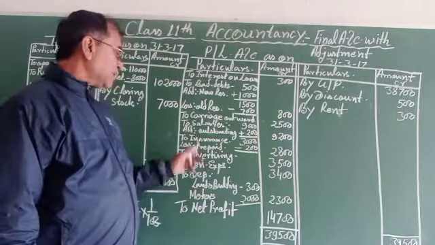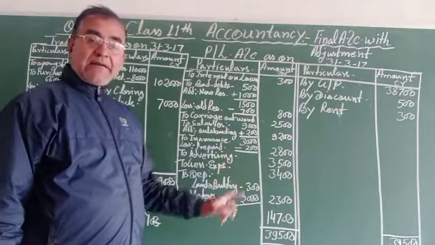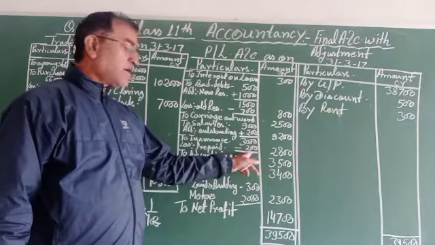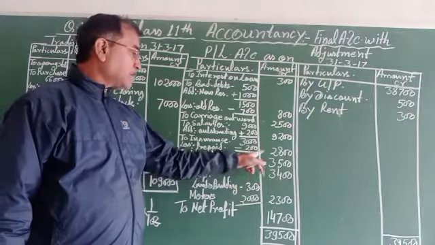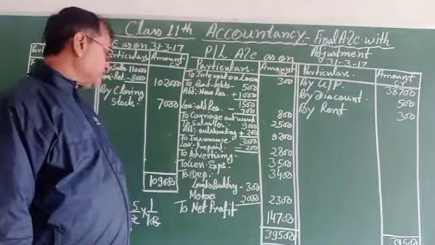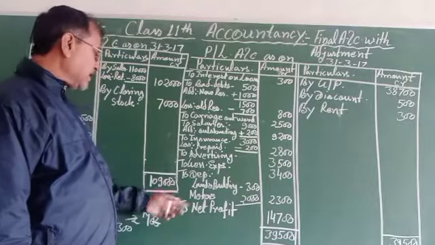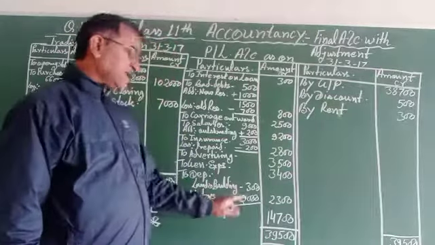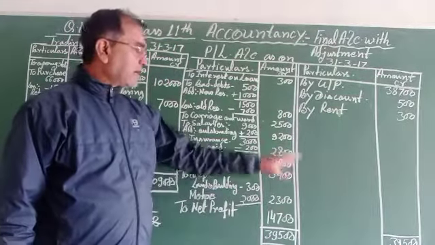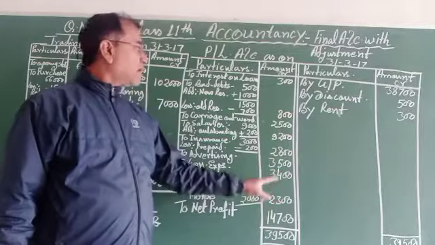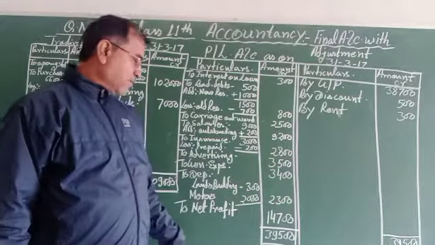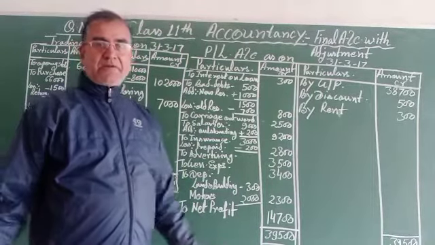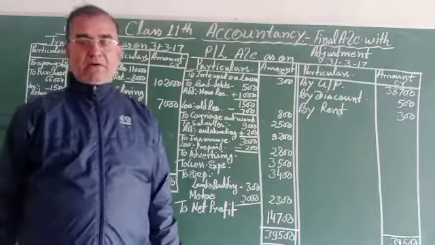Insurance premium, that is 3,000 given and 200 for the next year, so it will be deducted, 200, just the 2,800 given. Advertising expenses, general expenses and depreciation charged on assets, these are given, and the total of the credit column exceeds the total of the debit column by 14,007. That is the profit in the trading and profit and loss account.